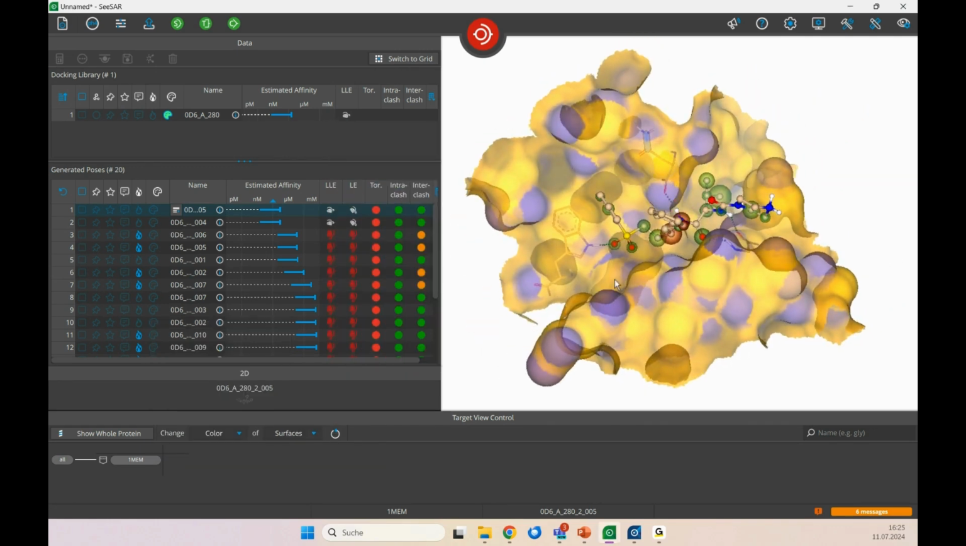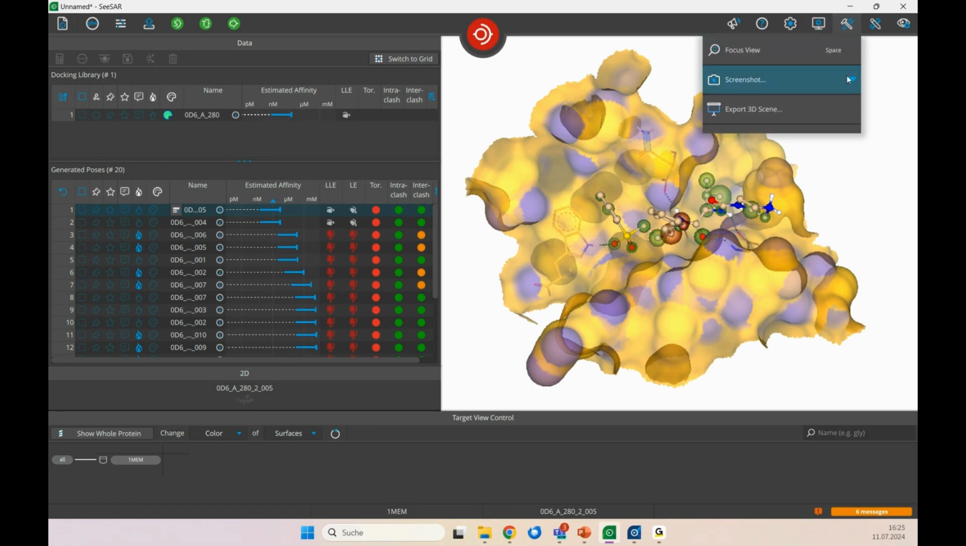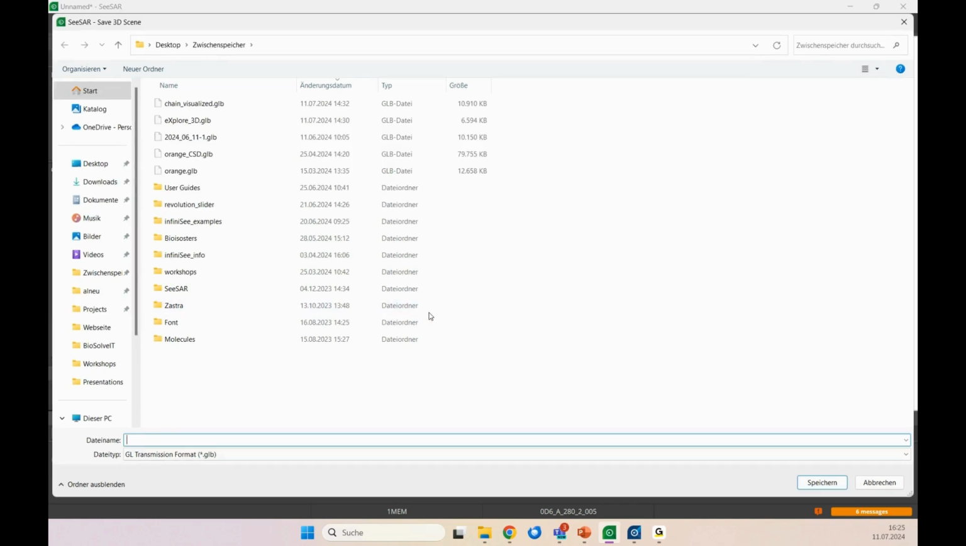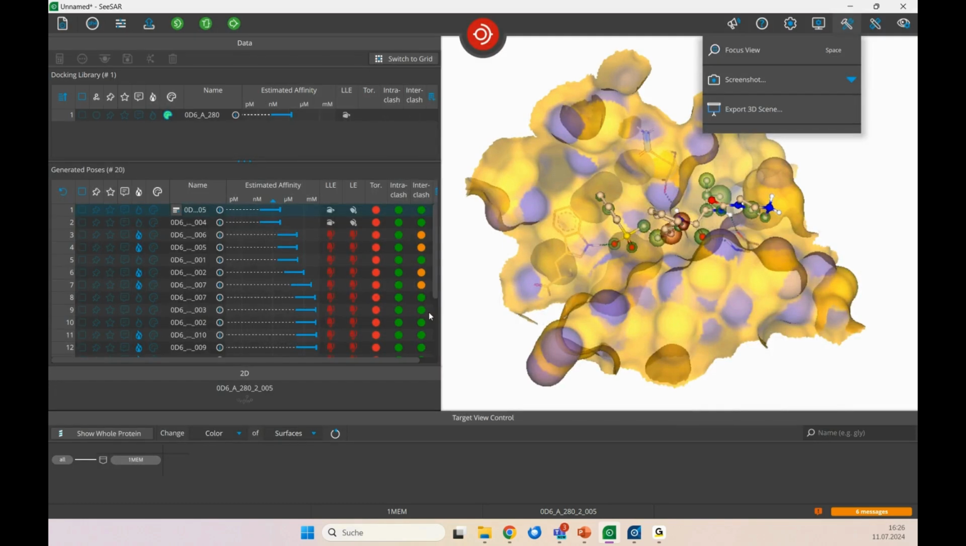Something that I really love to push because I just think it's gorgeous. If you go to utilities, you can select the export 3D scene. So maybe let's call it binding site 3D. And now it's exported as a GLB format. So if you go now to PowerPoint,